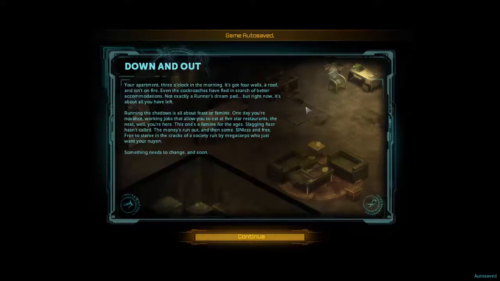Running into the shadows is all about feast or famine. One day you're Nova Hot, working jobs that allow you to eat at 5-star restaurants. The next, well, you're here. This one's a famine for the ages. Slagging Fixer hasn't called. Yeah, welcome to